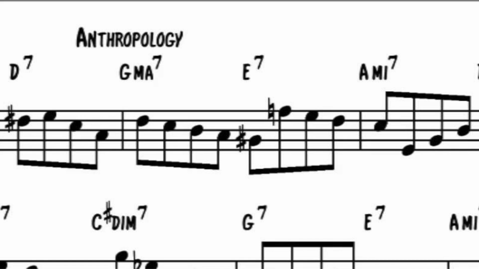Now let's take a look at a Charlie Parker line and check it out. Okay, let's take a look at this Charlie Parker solo. This is one bar from his solo on Anthropology. He's going from a G major 7 to an E7 to an A minor 7. On the G major 7, he simply plays right down from the 5th, and then he resolves to the 3rd on the E7 chord, then jumps up using active displacement up to the F, and then ends on the A